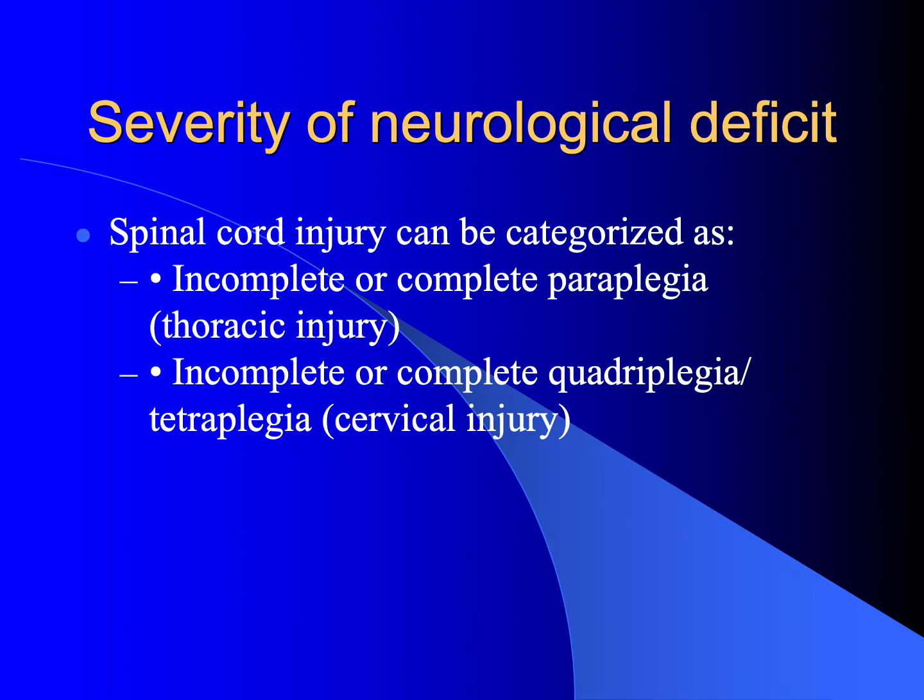Spinal cord injury can be further classified into complete and incomplete injury, as well as manifest as paraplegia or tetraplegia. Complete spinal cord injury is defined as absence of sensory and motor function below the affected level, whereas incomplete spinal cord injury occurs when there's preservation of any sensory or motor function below the injured level, and this includes sacral sparing. Common examples of incomplete spinal cord injury include anterior cord syndrome, central cord syndrome, cauda equina syndrome,